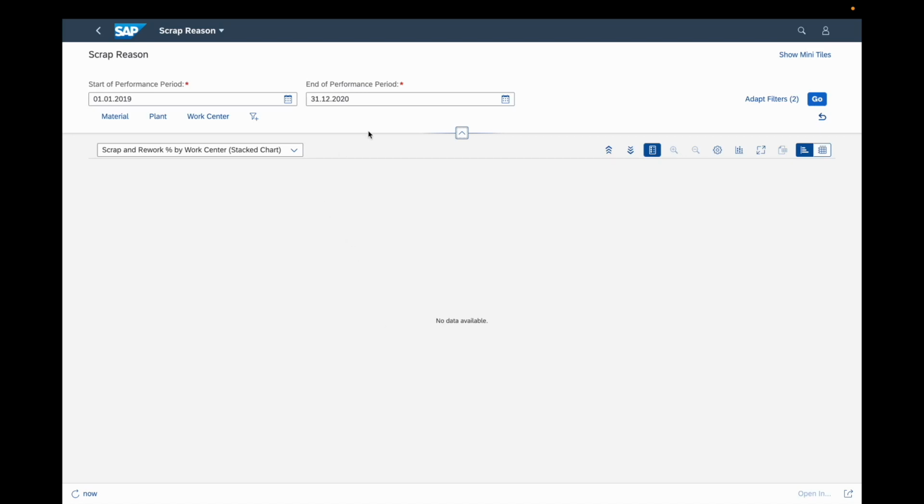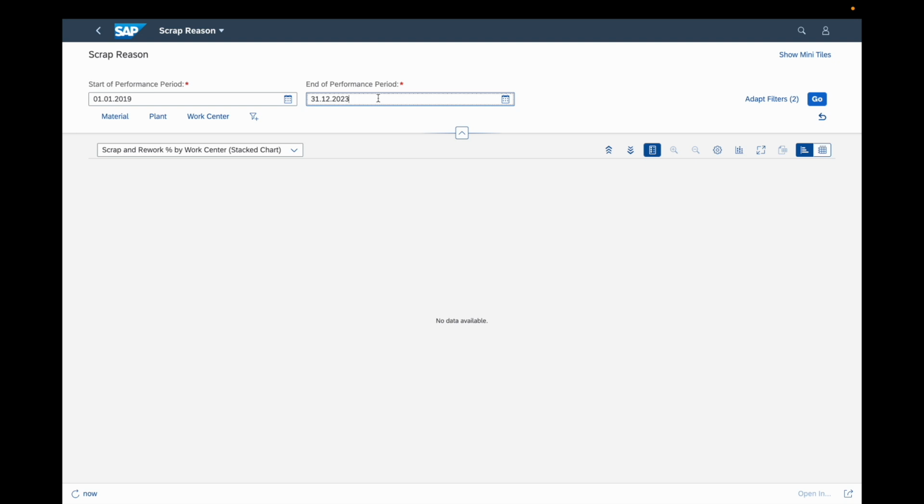But first, we will have to define the time period on which we would like to start the analysis. For example, let's start the performance period between the 1st of January 2019, and we will change here the end of period to the